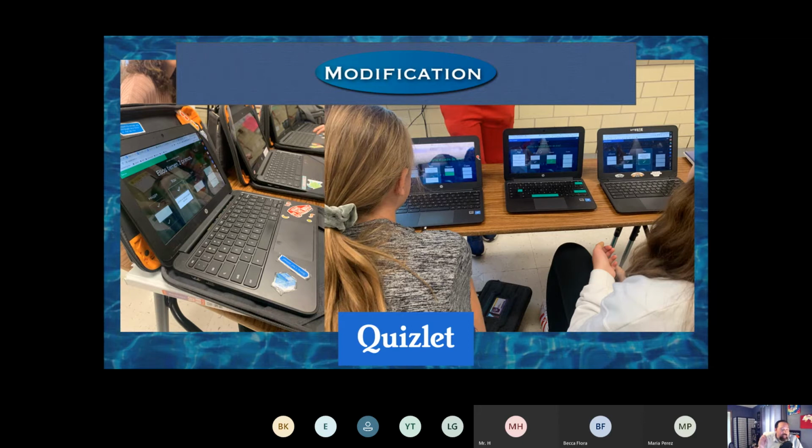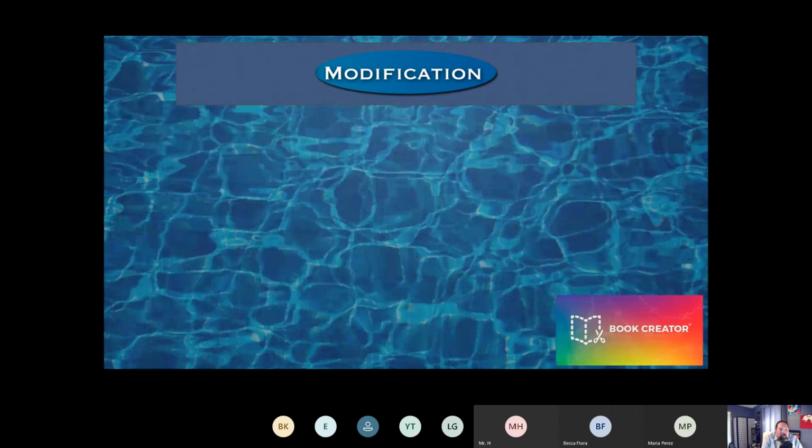So I like that slight adaptation, because Quizlet usually has everyone on a team together, and they may shout out the answers to each other and figure out who's got the right answer. But in this case, they all have to be conversing in the foreign language also, which is kind of neat. Another one that I like to share,